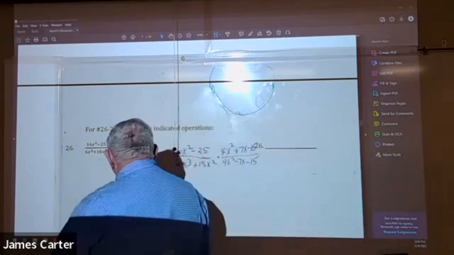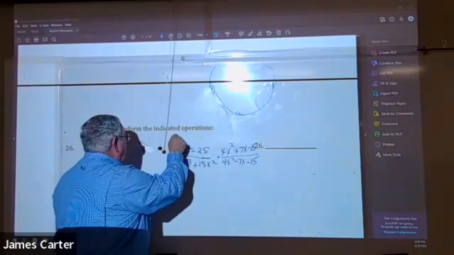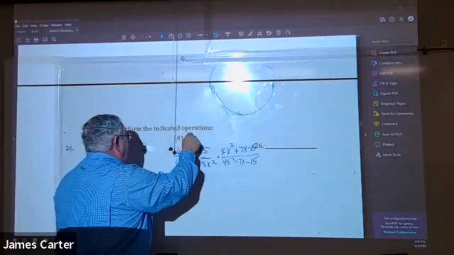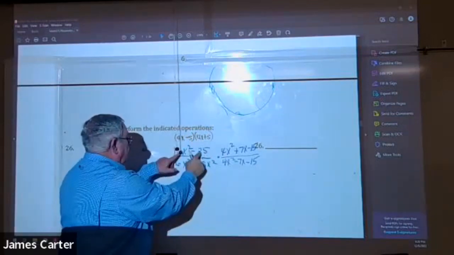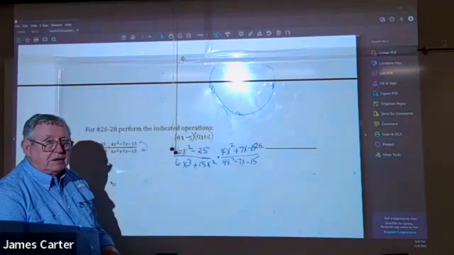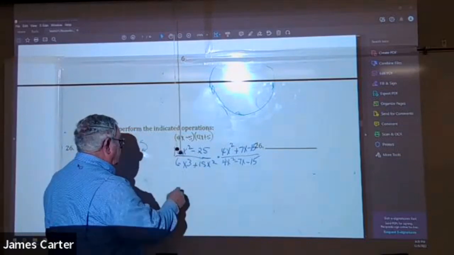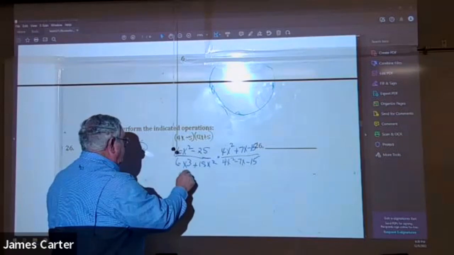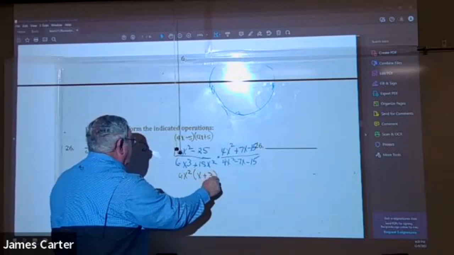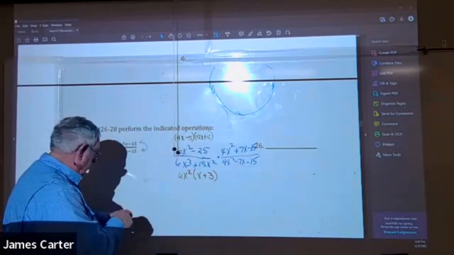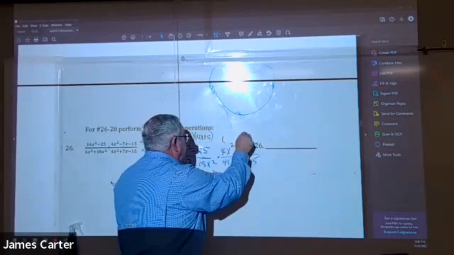Now I gotta factor everything. Okay, this one factors into 4x minus 5, 4x plus 5. That's a conjugate. Perfect squares on the front and back, minus in the middle. This one factors into 6x² times x plus 3. This one factors into,